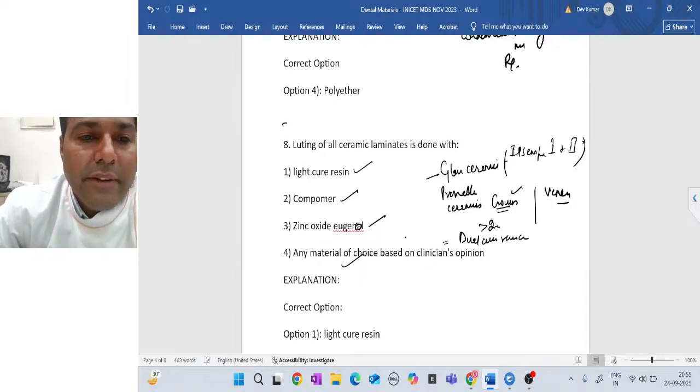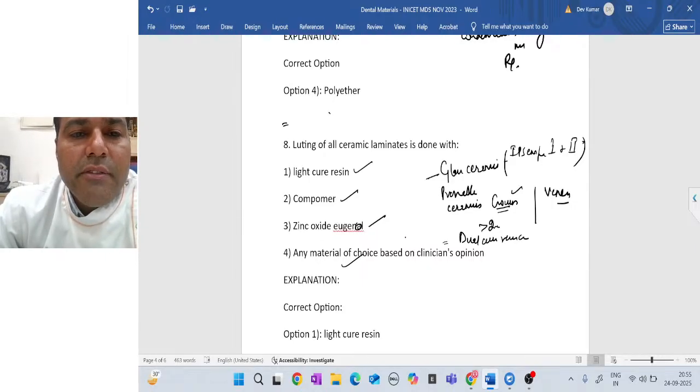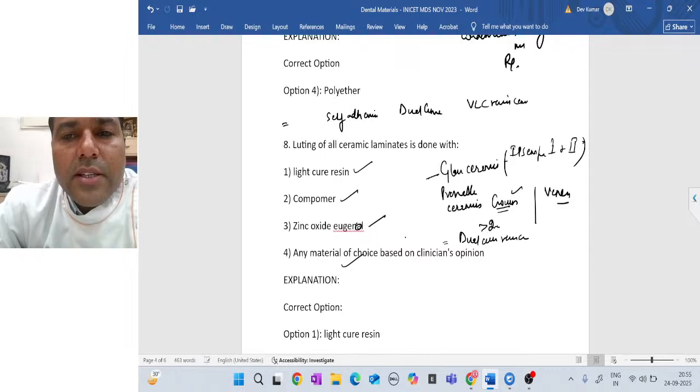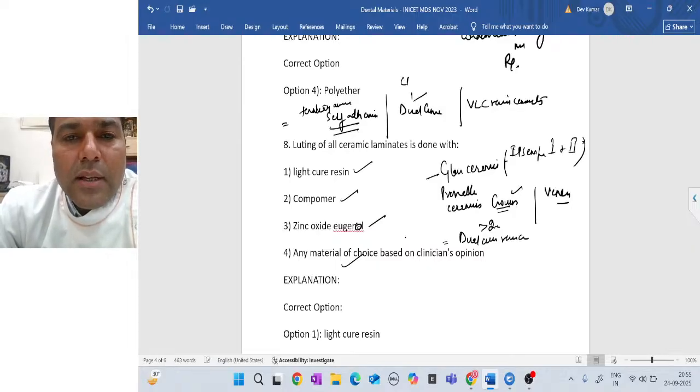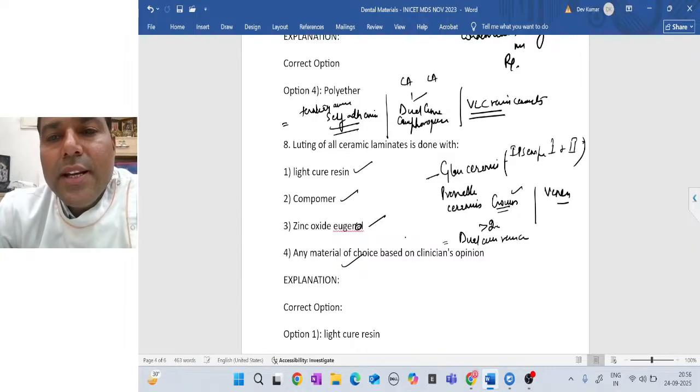Remember this, that if we talk about the classification of the resin cement, we have self cure resin cement or self adhesive resin cement, then we have dual cure resin cement, and then we have visible light cure resin cement. These are the three cements that are used in dentistry. Self adhesives will have tertiary amines. Dual cure have both chemical and light agents, for example camphoroquinone. And the visible light cure is completely light cured. It doesn't have any chemical